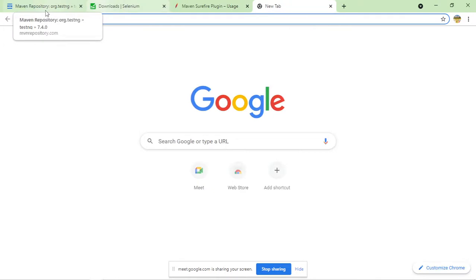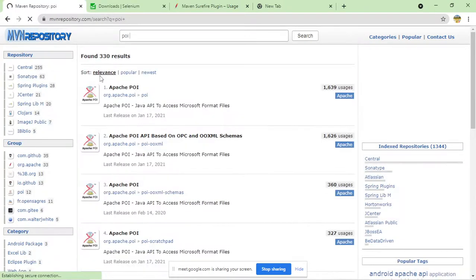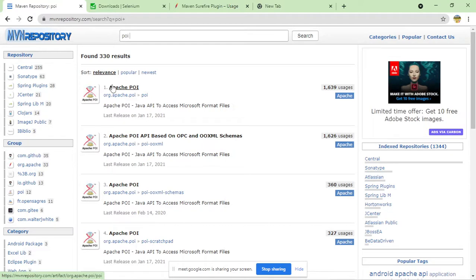So go to this website. Type here POI. If you search this POI, you can come to here. There is one POI and this is this one.